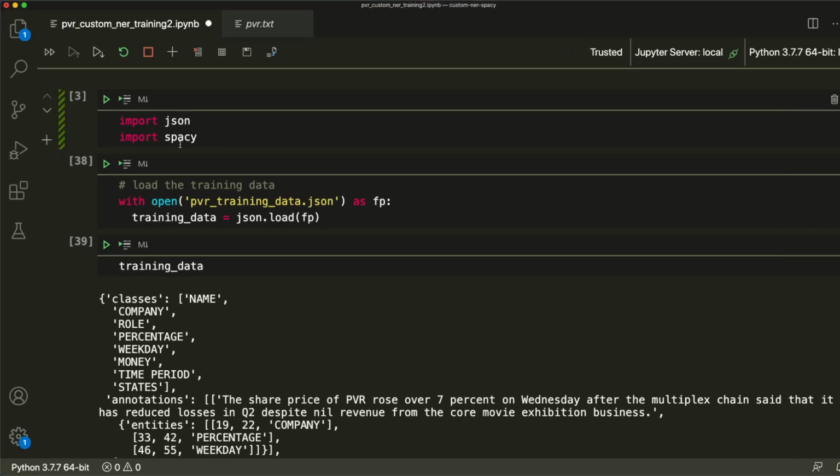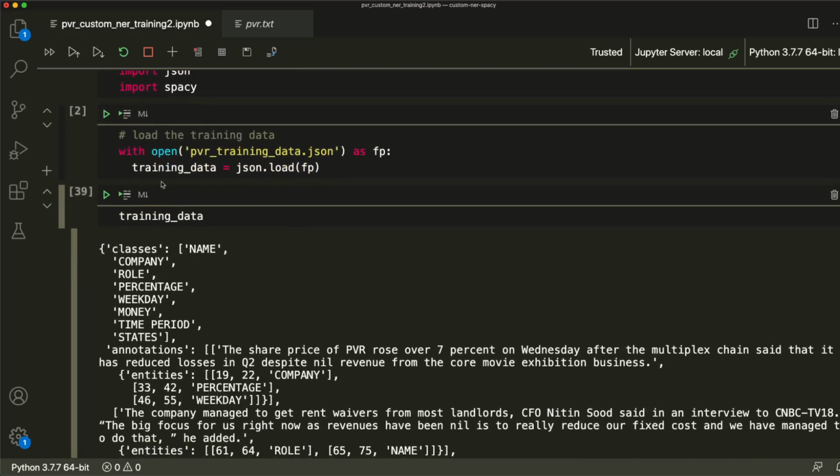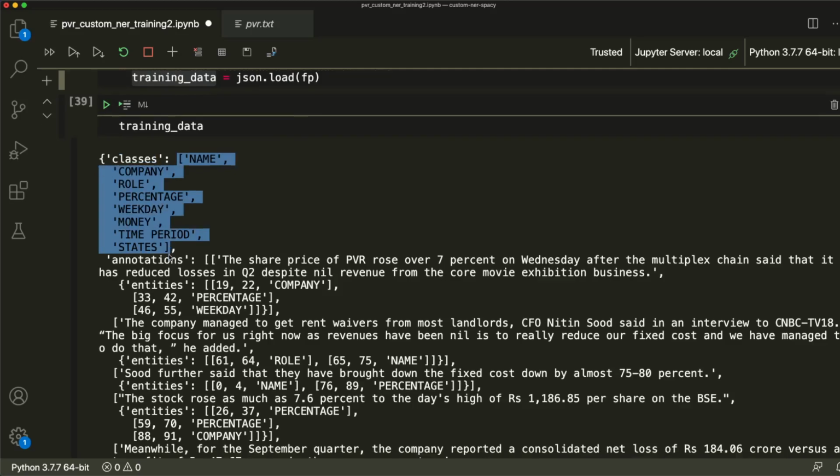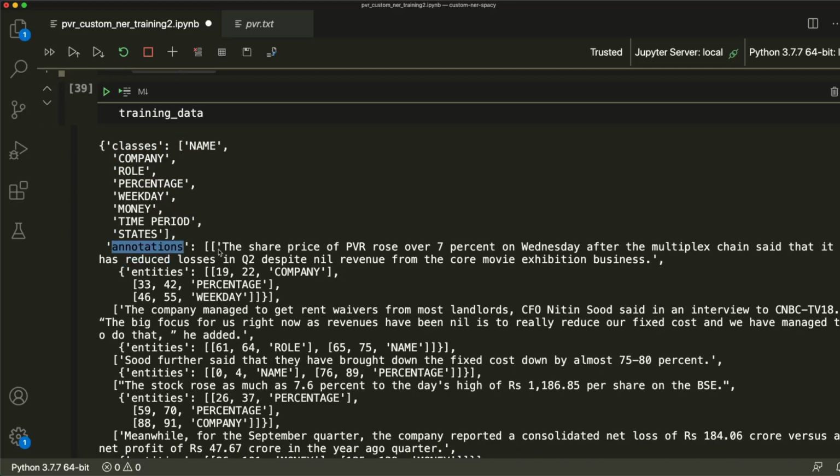The packages that we need are two packages, JSON and Spacy. JSON is to parse the JSON that we just exported, which is the training file, and Spacy is what we are going to use for the machine learning training task, the NLP task. So import JSON and Spacy, and let's load the text file. If you want to see how the training data looks, it's basically like a dictionary object. That's what JSON is. You have got classes, which are the entities, all these things that we had, and then annotations. Within annotation, you have first a list, and then second you have the annotations that you have.